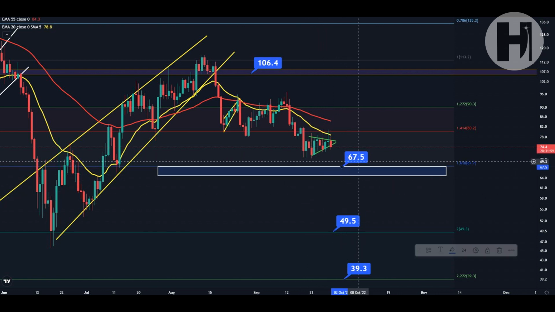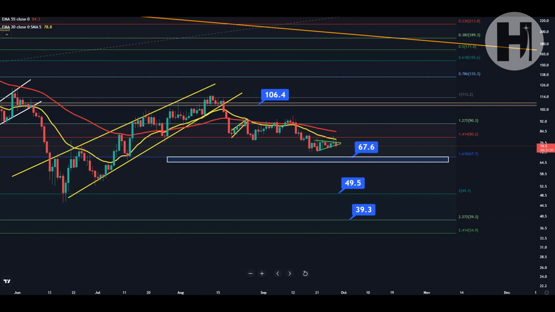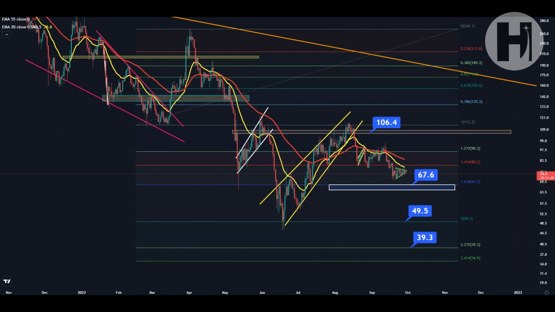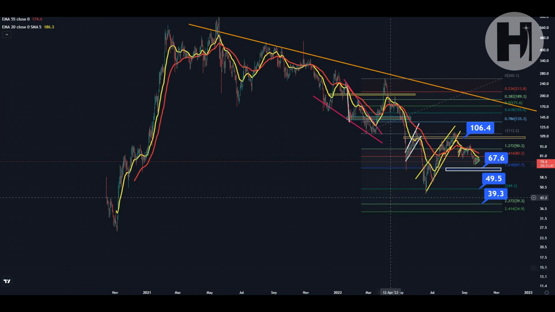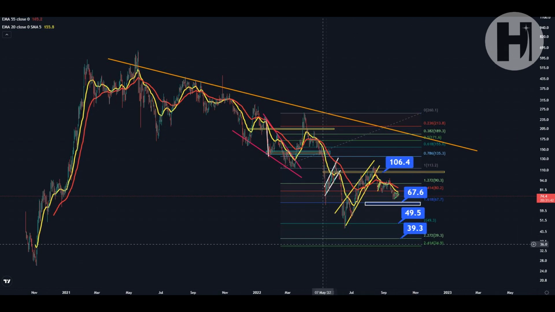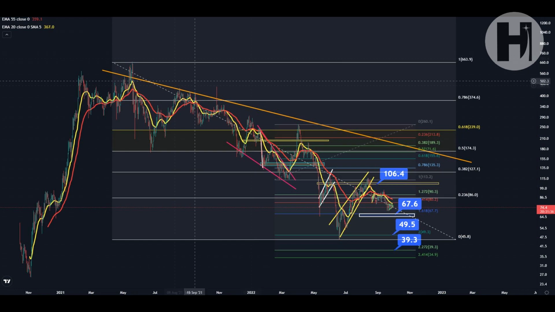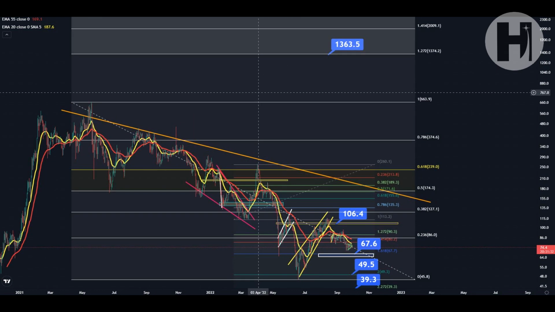So we're looking at a support here anywhere from 67.5 all the way down to $65. Great dollar cost averaging opportunity for Aave. Now let's set another fib retracement to the upside, and let's assume that our June low is the all-time low right now, or the local low, I should say, for this bear market. And let's see what sort of targets to the upside we might have. Now, as you can see, our all-time high was over here at $663. So we may be looking at